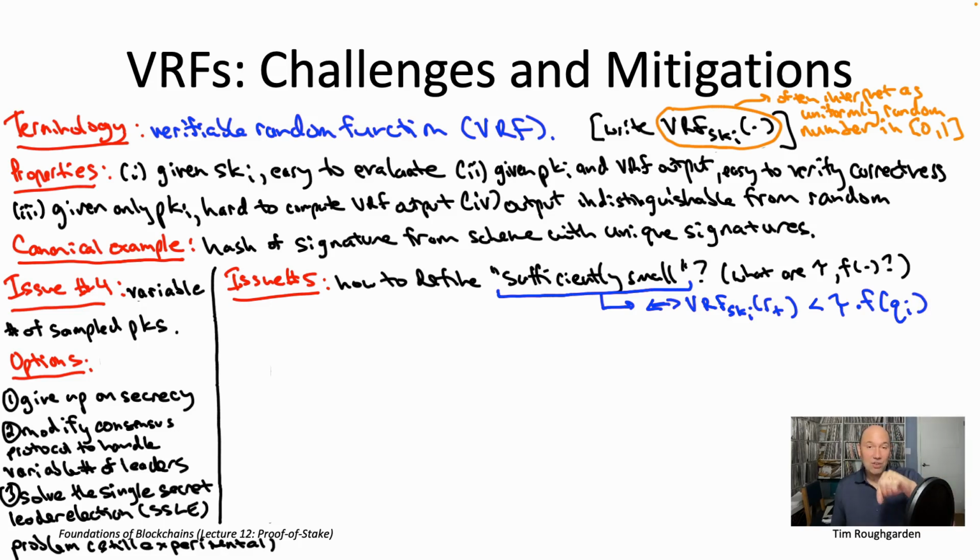And the left-hand side of this inequality is completely independent of the amount of stake associated with the public key. It depends only on the public key and the corresponding private key, and it depends on today's randomness R sub t. But independent of what the corresponding Q sub i is, that left-hand side is always going to be the same thing. So if we want this inequality to be true more frequently with higher amounts of stake, so this public key gets sampled more frequently the higher the stake is, well, then we need that right-hand side to be increasing in the stake Q sub i. The more stake they have, the higher the right-hand side, the more likely it is the left-hand side will be at most, or strictly less than, the right-hand side.